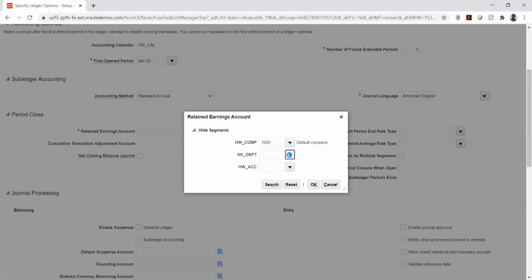Basically, the P&L accounts will be transferred to retained earnings, and at the end of the period, after reversing the journal on the next period, the entries will be passed to the respective P&L. So this retained earnings account would be mandatory here. I have just attached it.